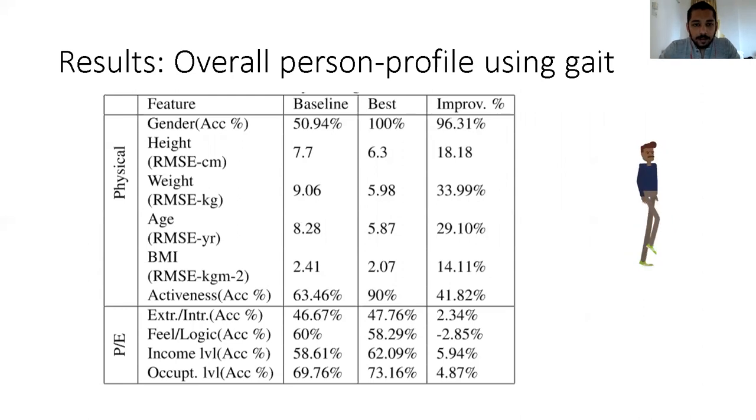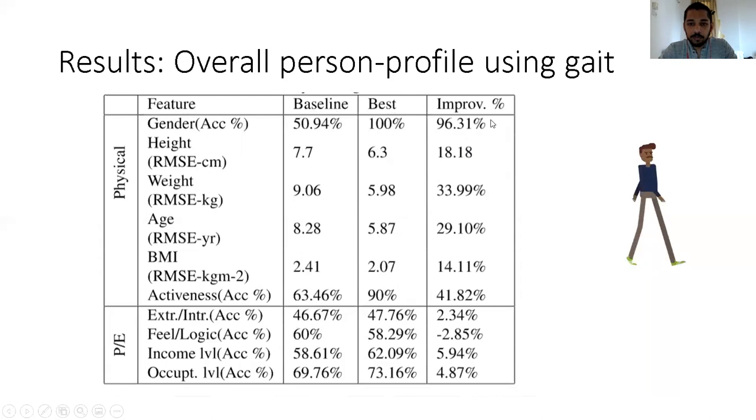In the first set, we see a baseline result, which is just the accuracy we can get by predicting the most common label or predicting the mean value of the training data set. And you can see the best performing model from our training in the next column,